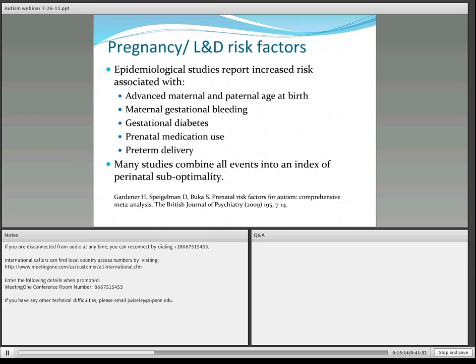So if the mother is over age 34 and the father is over age 35, there's an increased risk for that child having autism. We know that if a mother has bleeding during her pregnancy, so gestational bleeding we call it, there's an increased risk for that child having autism. We know if the mother has diabetes that begins during her pregnancy, what we call gestational diabetes, that confers an increased risk. We know that there are some prenatal medications that confer an increased risk. We know that babies who are born too early, so preterm delivery, low birth weight babies, have a substantially increased